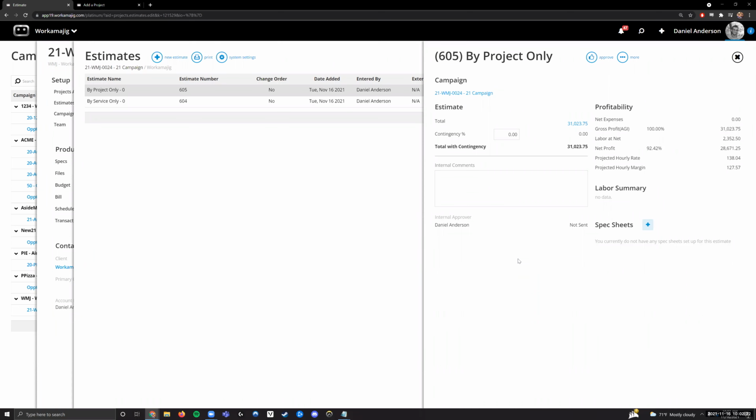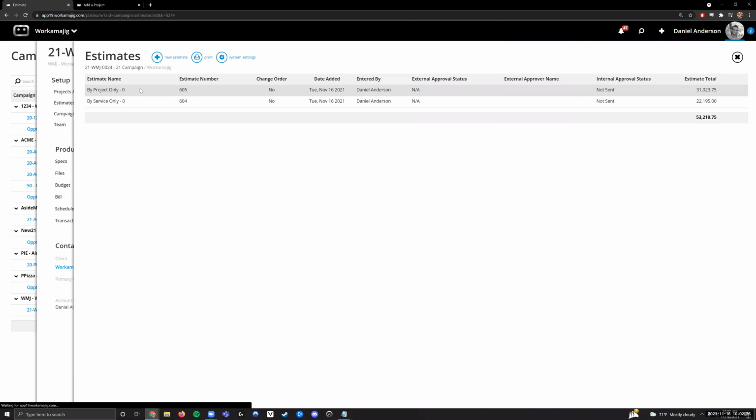If you just get arrangements for the client where you don't know what a lot of the projects are, by service only really does shine in that instance. This is a very easy estimate to set up as well, because you're basically just throwing numbers into a big budget envelope that you can watch against here. By project only is going to give you a lot more specific information. But again, it's typically going to be in workflows where you know each of the projects when you're opening the campaign initially, or at least you have a good set of projects to start with,